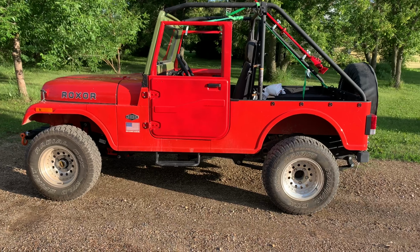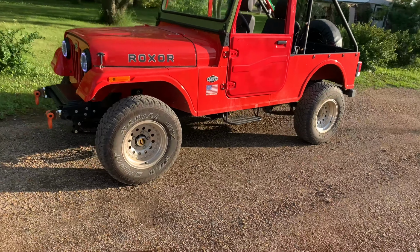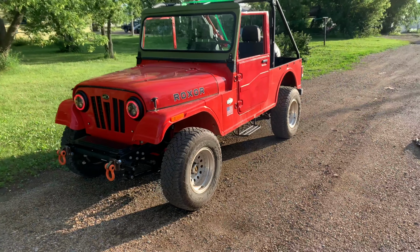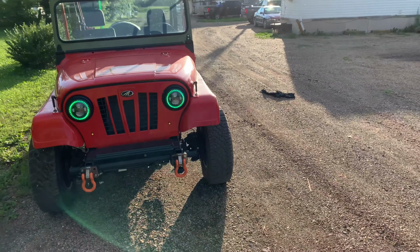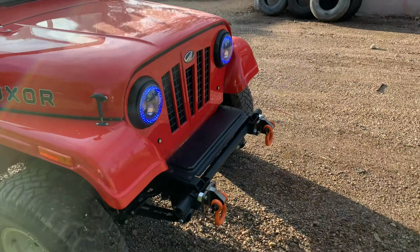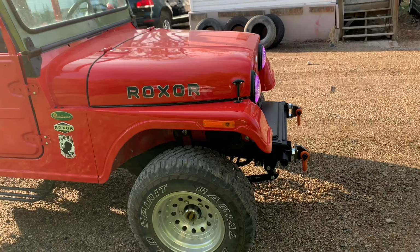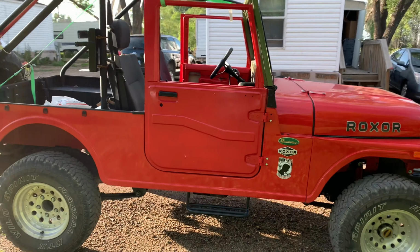So sorry about the loud engine idling. Yeah, I took it for a test drive, and as you can see, I still haven't finished with my windshield. Still have to figure out how to get windshield wipers mounted. I haven't finished with the hookup of my indicator lights, so I still have quite a bit of work left